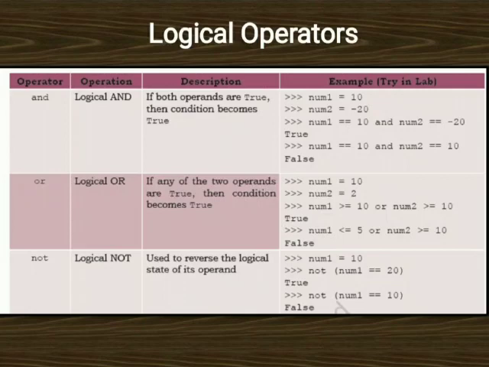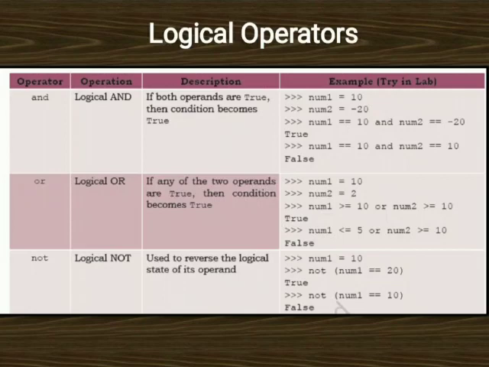So what we want to say here is, if both the conditions of logical AND are true, then only the final result will be true. If any one of the conditions is false, then the result will be false. What is the important condition for AND to be true? Both the conditions are supposed to be true.